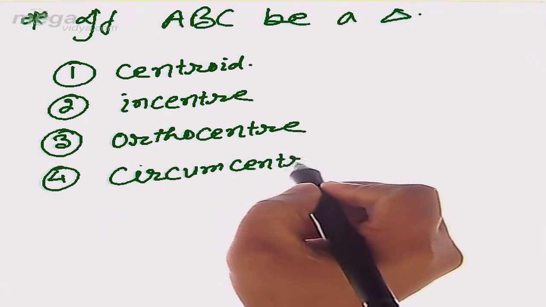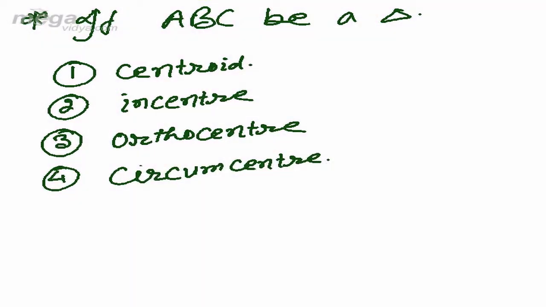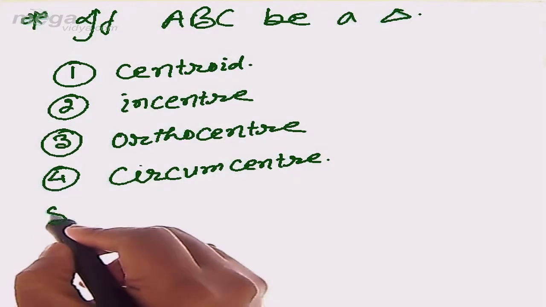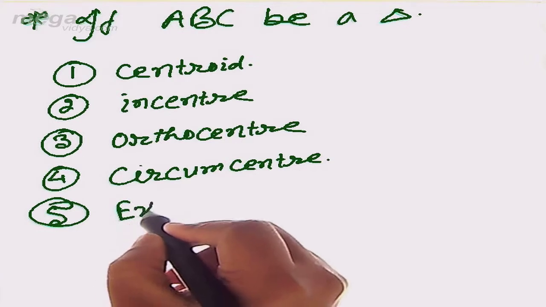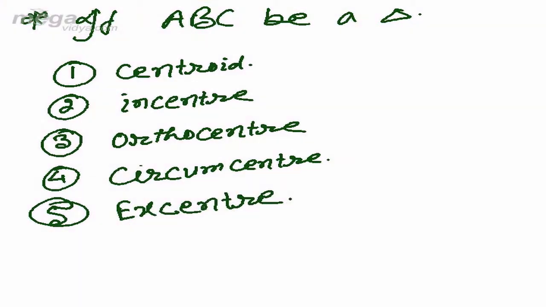Mainly these are four points, but when we find the coordinate of the incenter, at the same time we will find the fifth one, which is called the excenter. These two are not exactly the same, and there is not so much difference between incenter and excenter except one thing, and we will discuss this difference when we do the topic incenter of a triangle. So in this we do these five one by one.